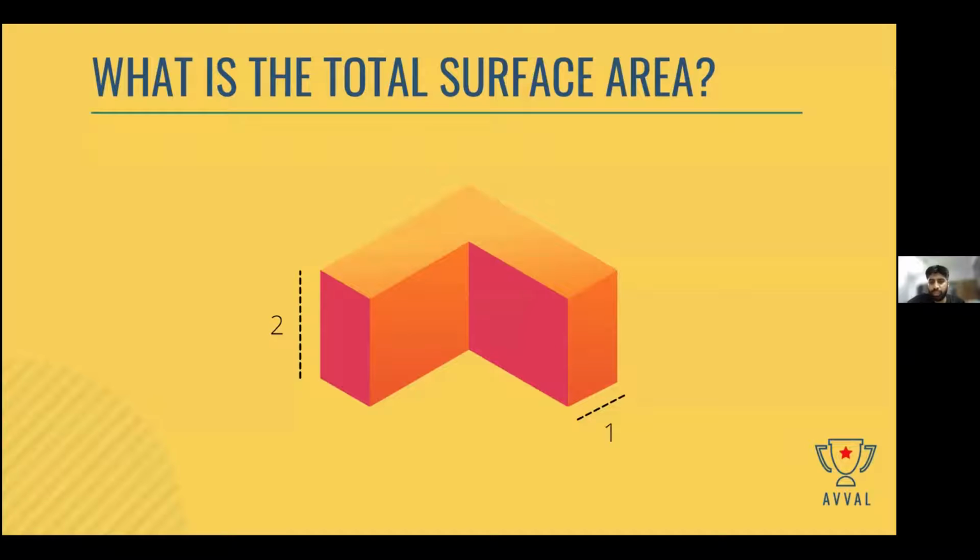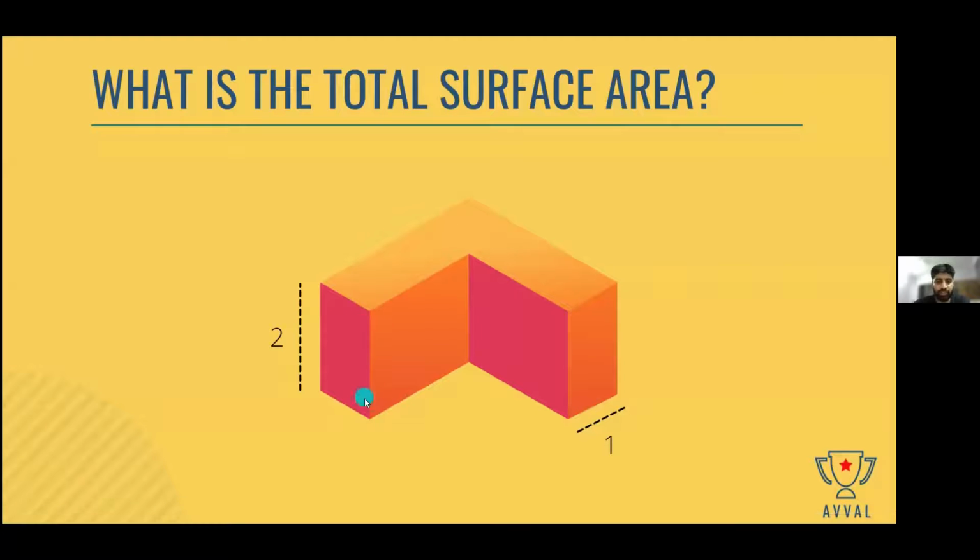It's very easy to calculate the total surface area of what you see on the screen. Okay, the question is, calculate the total surface area of this object. Eyes on screen, please. So what we are going to do is break this object into smaller bits so that it's easy for us to calculate the surface areas. Let's first list down how many surfaces are there so that we can count the surfaces, and then we will calculate the surface area of each surface and then add all of those up, and that will give us the answer. Sounds easy?